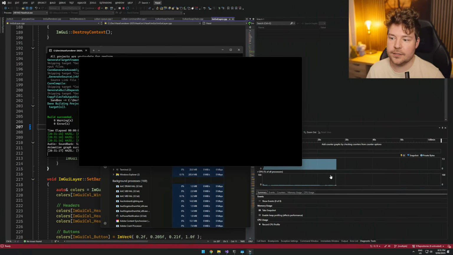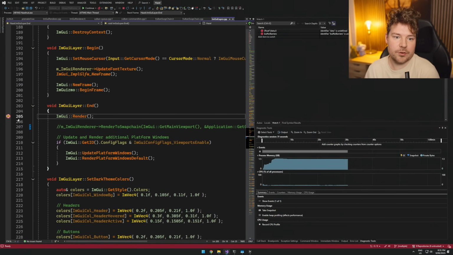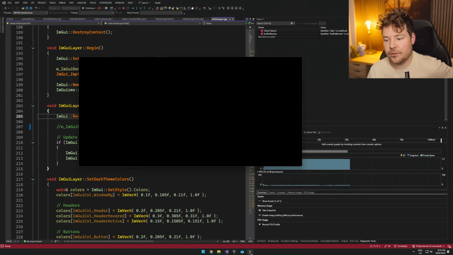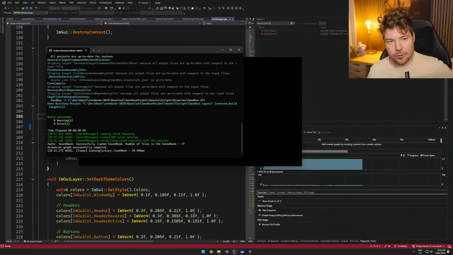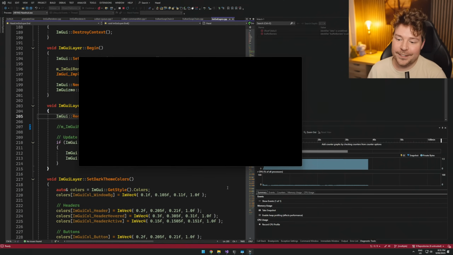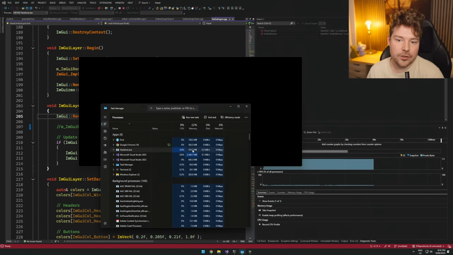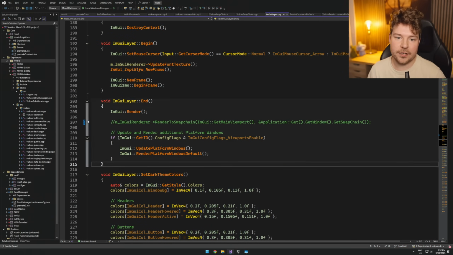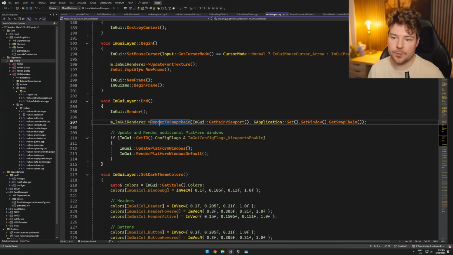So I can resize this. The swap chain's running, it's just black. You can see ImGui rendering is running, so I'm going through them and rendering everything. The rest of the engine is running, literally. We're still doing lots of stuff. It's just the rendering through NVRHI that is not used. We're fixed at like 510.7. We're great. But then as soon as I enable this, which at the moment is doing very little,